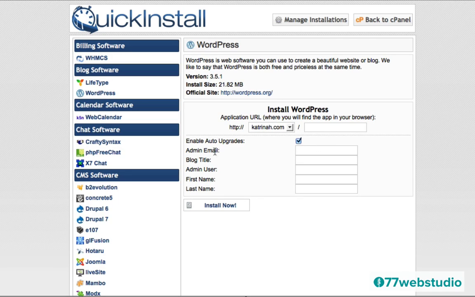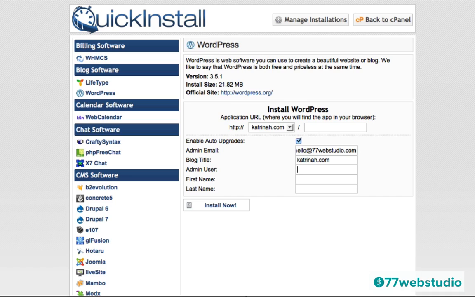The next thing that you want to do is create an admin email, a blog title, an admin username, and you can also, if you'd like, add a first name or last name. I'm just going to add an admin email here, so put in my email. Also, you want to give it a title, so I'll just call it the name of the domain. Now the admin user, this is an important one to keep in mind.